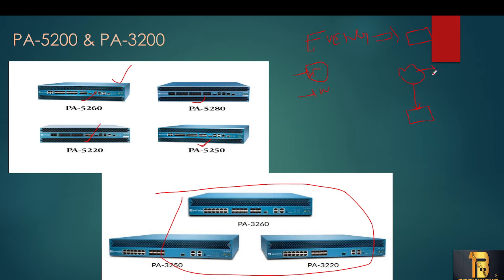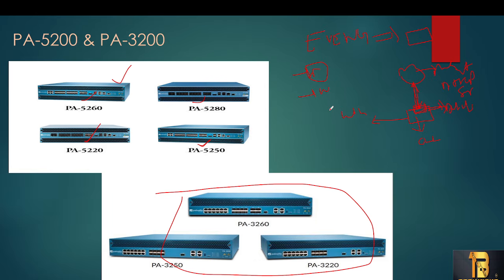This here is a management cloud. In this management cloud, you will have a DHCP server. By default, the management interface of the firewall acts as a DHCP client. Once you connect this cloud to the management interface, it will request the IP from the DHCP server, and you will have a management IP on this management interface. Once you get it, you log into the CLI. We'll have a Windows client where you can get the CLI of the firewall.